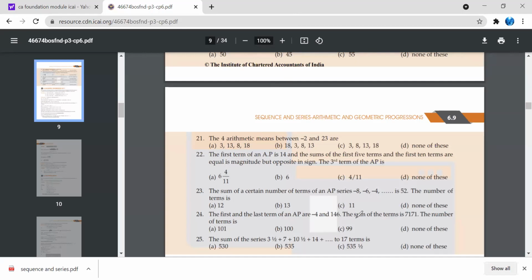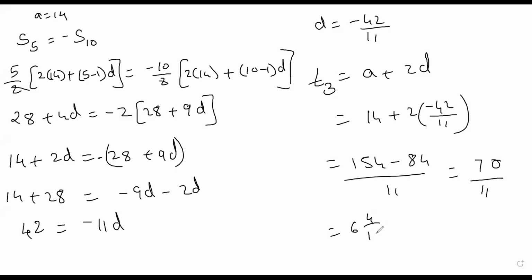क्योंकि इसको आप मिक्स नंबर में लिखोगे तो 6 इंटीजर 4 by 11 आएगा आंसर. See, mixed number is you will divide 70 by 11. We have done this in school. 6 elevens are 66. Sorry, remainder is 4. Quotient is 6 and divisor is 11. And we write down this as quotient, remainder upon divisor. So 6 integer 4 by 11. This is your answer.